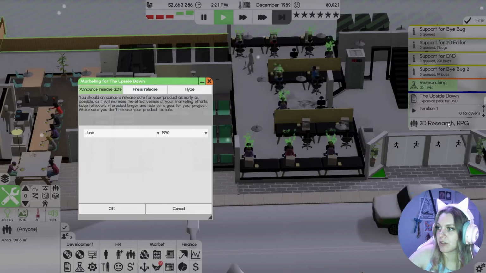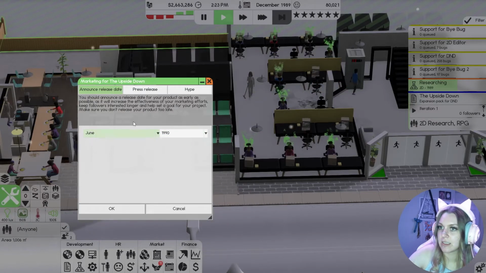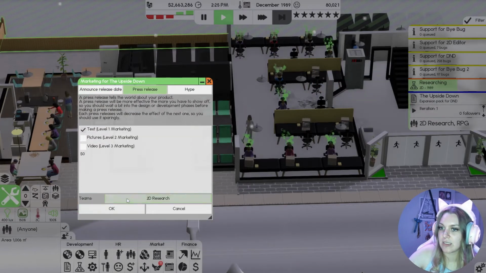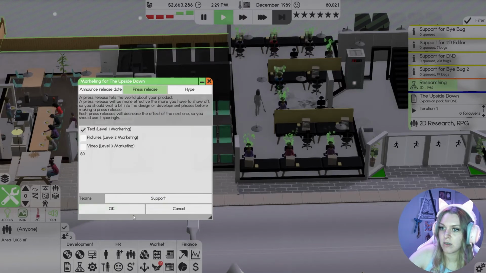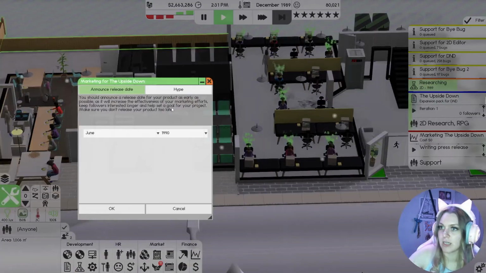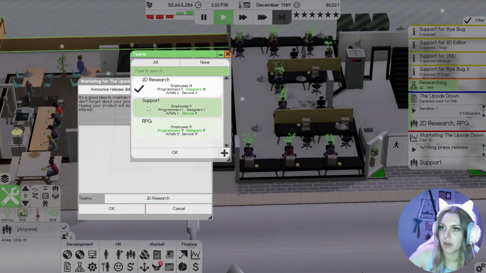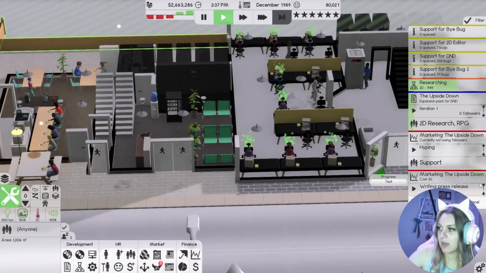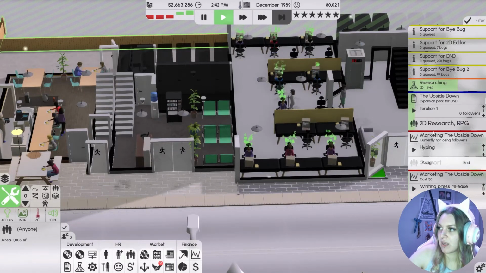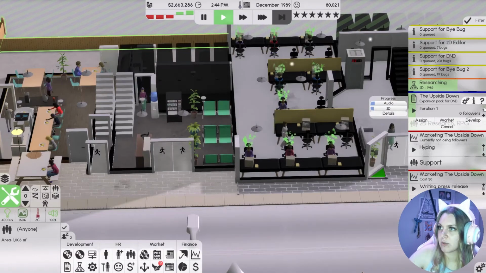And we're going to market it, press release on our support team. Okay, we're going to market it with a hype with our support team. And we're going to boost this up all the way for the support team, and hopefully boost this up too.